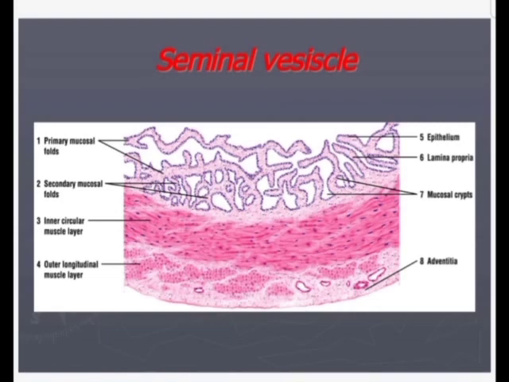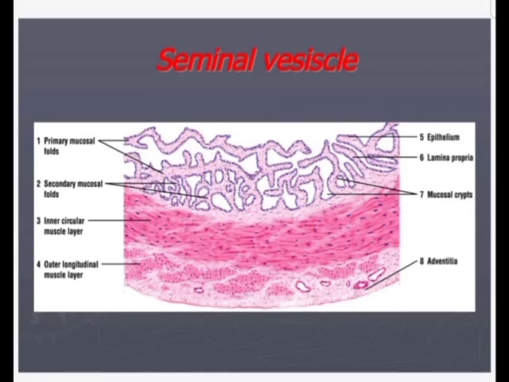So this is the diagram showing you the seminal vesicle in a cross section. And I was talking about the principal cells and the basal cells. The principal cells are protein secreting cells. So all the characteristic features of protein secreting cells are found in this. That is, there will be a very prominent rough endoplasmic reticulum. The Golgi body is very well developed, and there are secretory granules seen in the apical side of the cytoplasm. These cells secrete a yellowish viscous fluid.